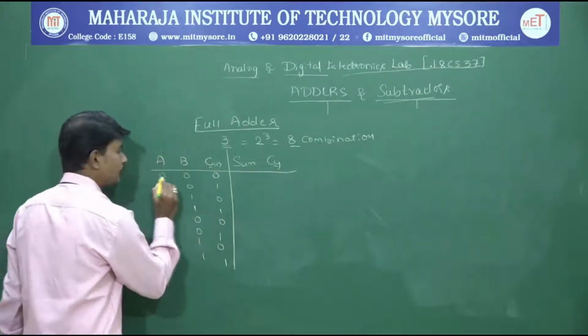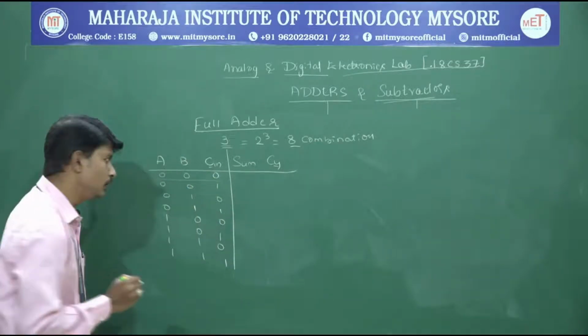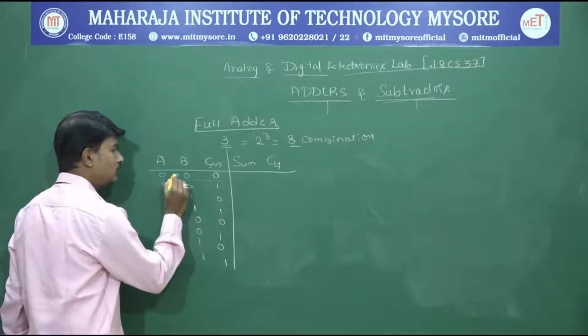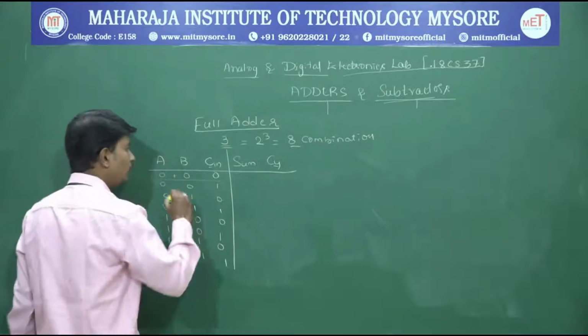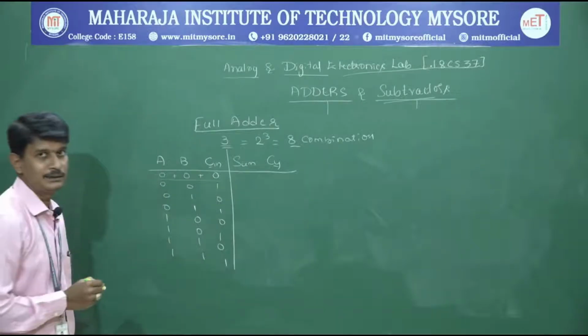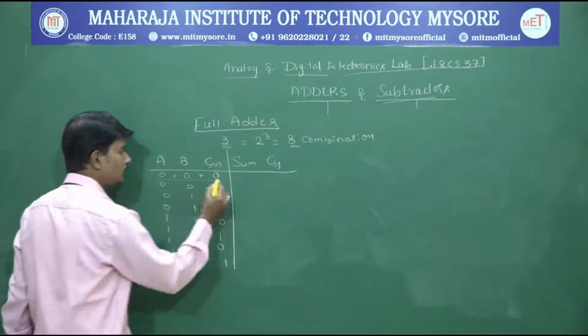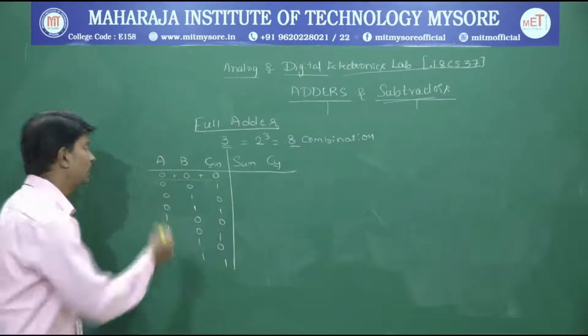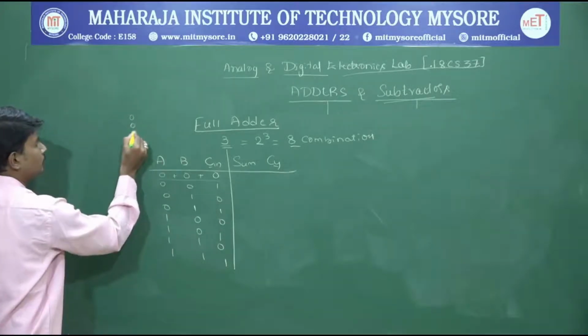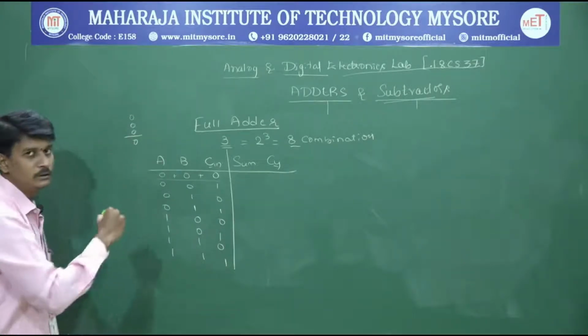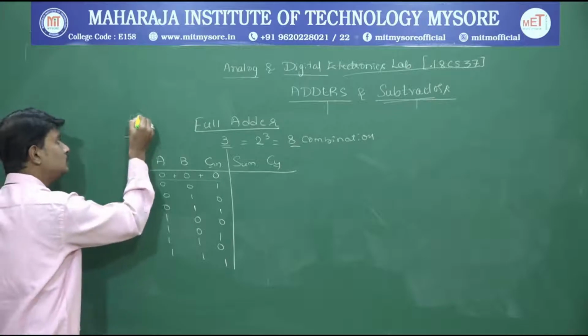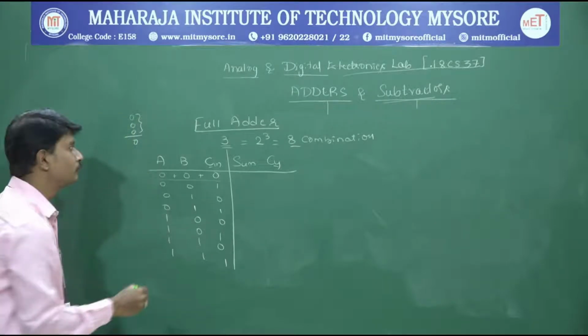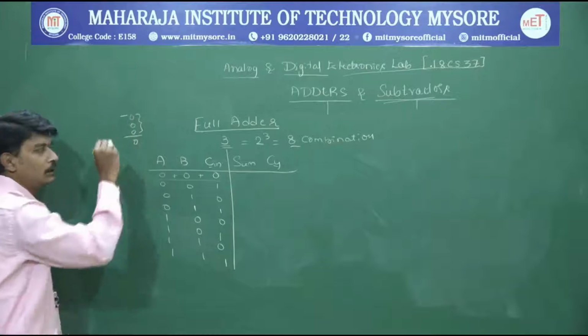Now let's add these three input variables. 0 plus 0, I'm going to end up with 0. Again 0 is added with another C variable, that is 0. Let me show you, 0 plus 0, the sum is also 0, and this addition operation is not going to end up with any carry.